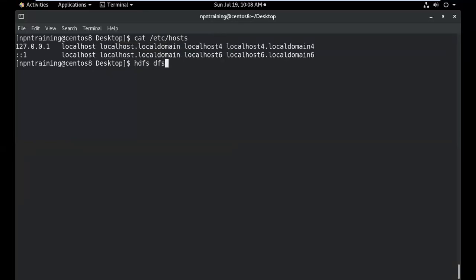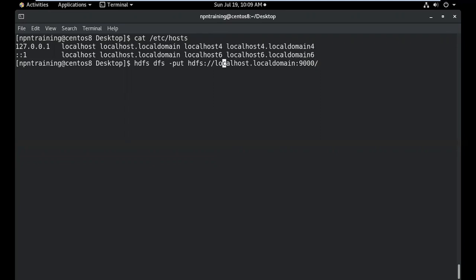So hdfs dfs -put. I'm giving hdfs://, and the domain name is localhost.localdomain, and by default the port is 9000. I'm moving it to the root directory of HDFS. I'll give which file I want to move.